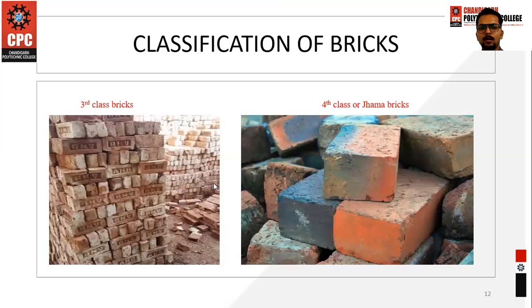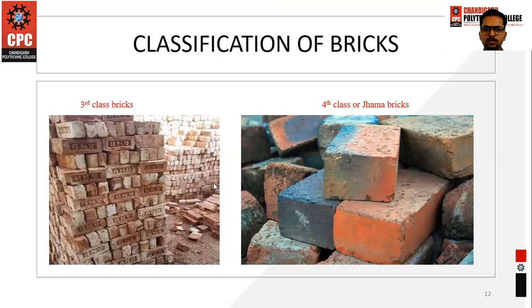These are produced whenever there is overburning or underburning. Whenever your bricks are underburnt, they will not give a proper color. Or whenever the clay composition is not uniform, it will not give a proper color. There are certain compositions like iron oxide, which gives a reddish color to our bricks. So whenever it is not present in our clay, आपका जो color आएगा bricks का, it will not be reddish. It will give you a yellowish color, जहाँ पर आपका magnesia higher amount में होगा.